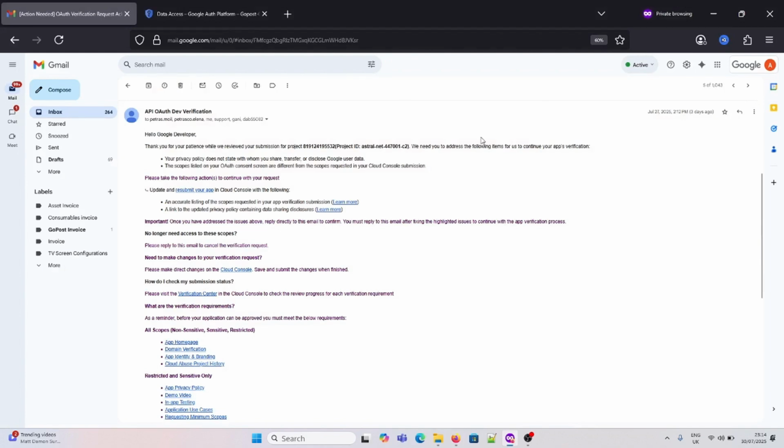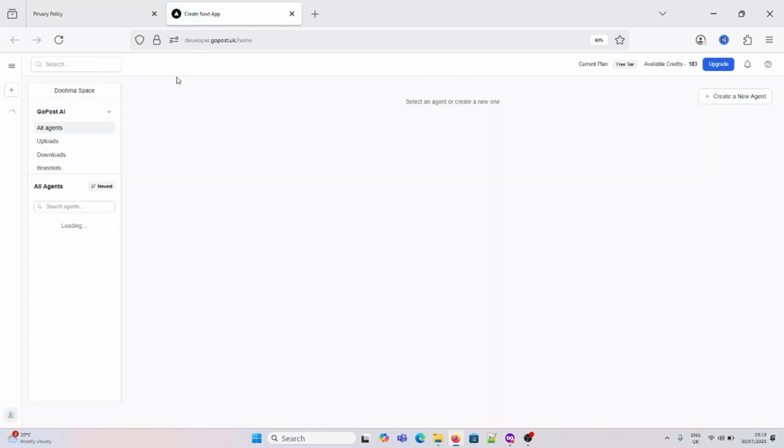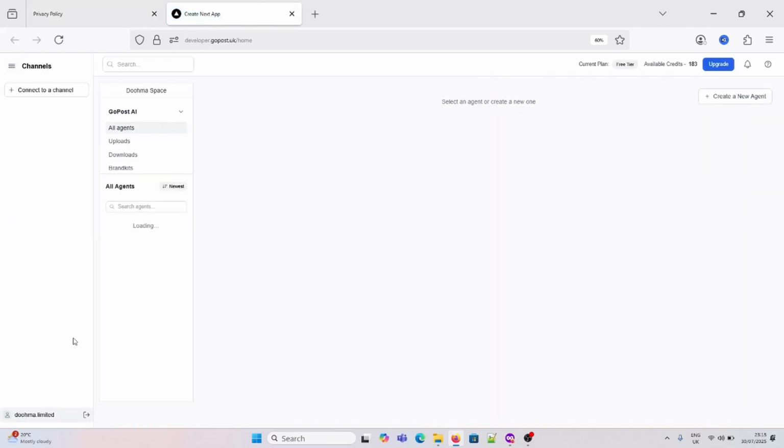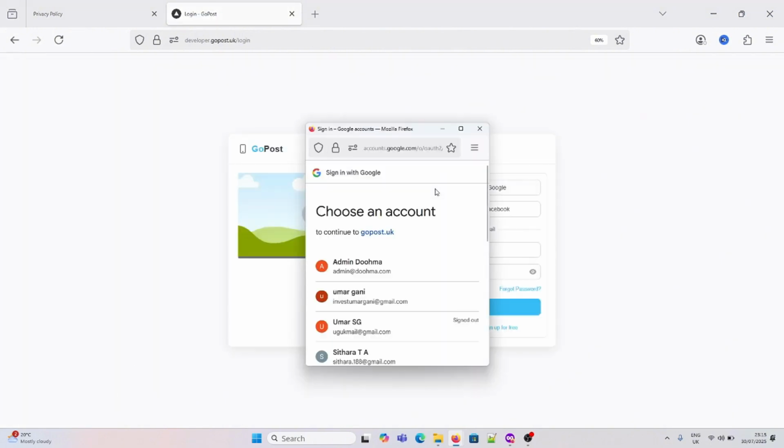And secondly, the accurate listing of scope request and app verification. We double checked it. We understand it was the Google Drive scope. There were some gaps between what we had requested and what the app actually had access to. So I'll show this. Probably I'll log in from the beginning. I'll just log out and log in with my